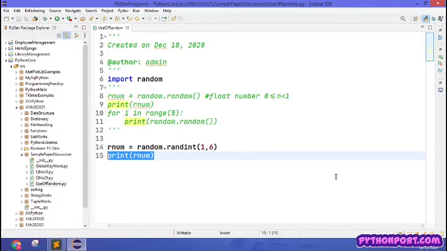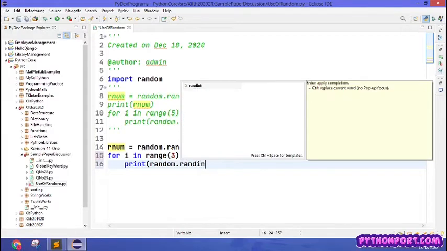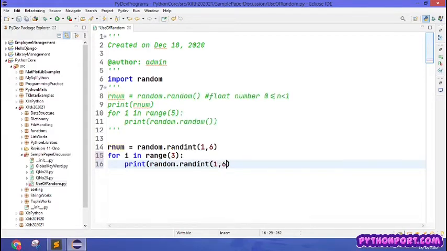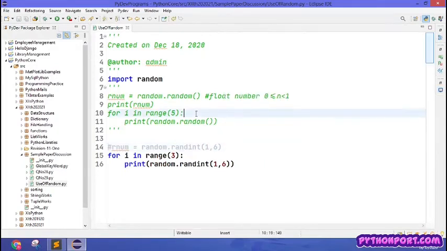If you want to give the user a chance to roll the dice 3 times to get 6, the code can be like this: for i in range, and how many times we are going to give, 3 times, then we will print random dot randint, and then 1 comma 6 will generate the number from 1 to 6. I am just commenting it out, and let us see what we got. 3, 4, 3. Okay,